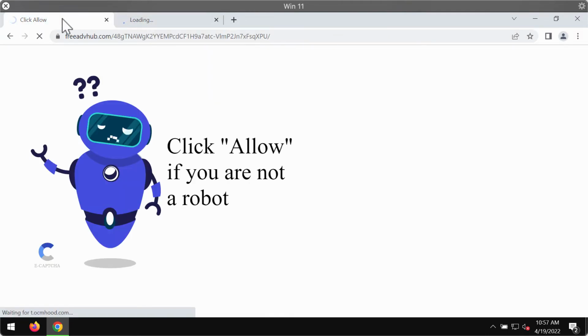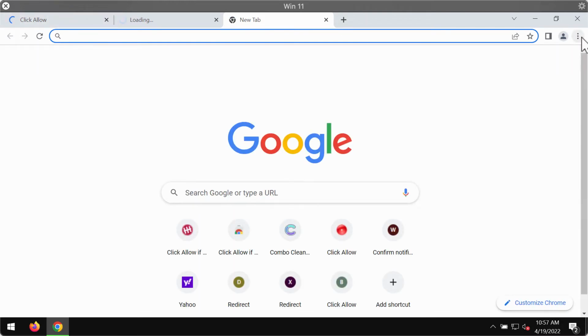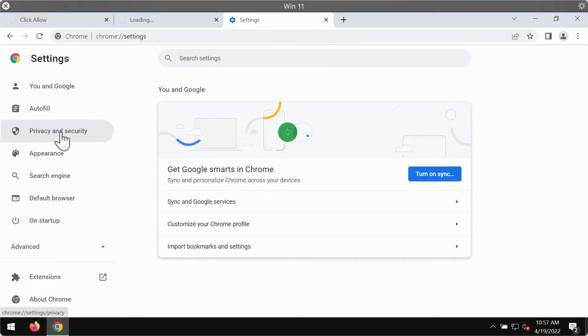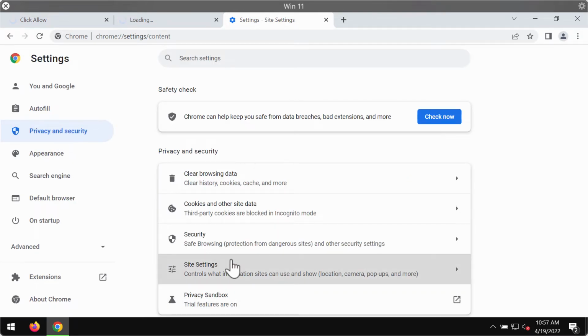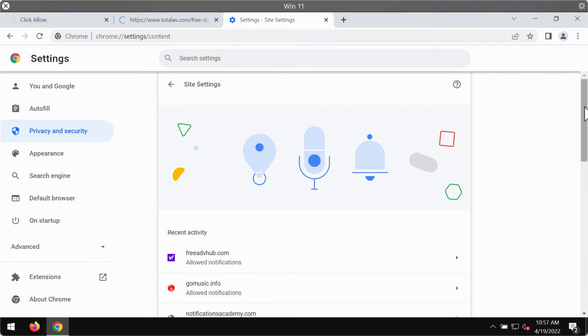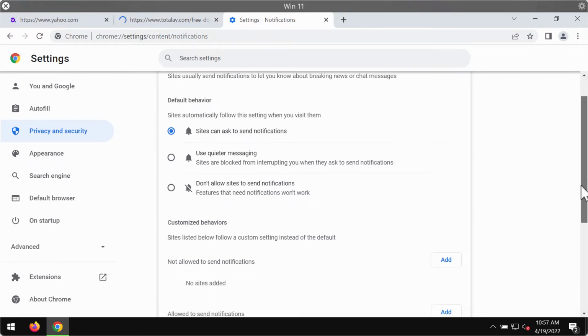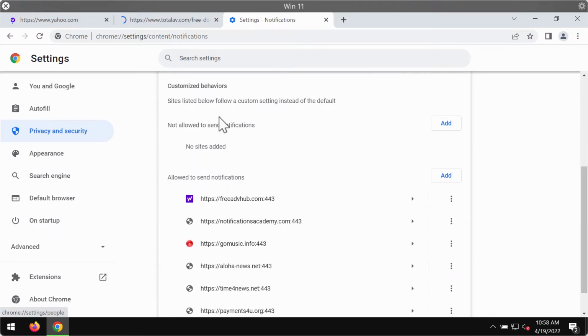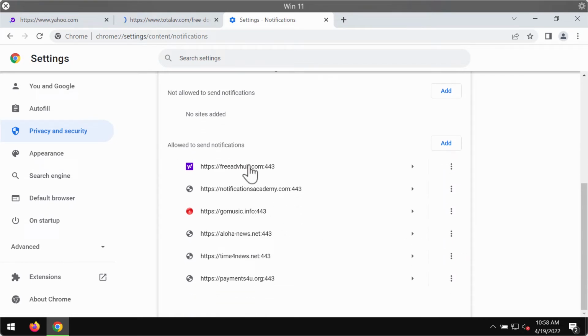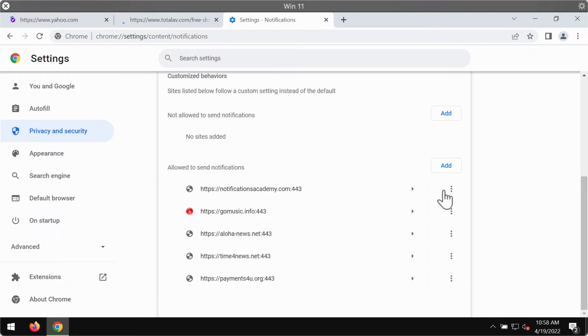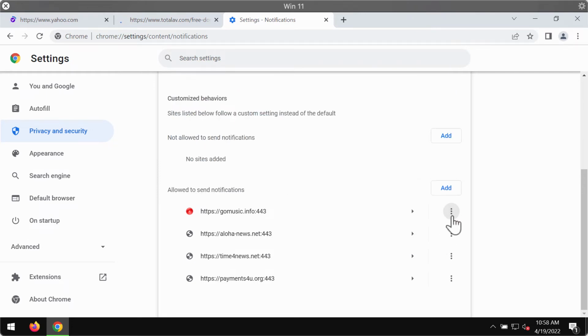It is a mistake to click on this allow button, so if you have done that, you need to undertake certain measures to fix your browser. Access the menu, go to Settings, choose Privacy and Security, Site Settings, go to Permissions, and then select Notifications. Pay attention to the sites that are allowed to send notifications. So if you find this freeadvhub, you need to remove this junk site from the list and also delete other